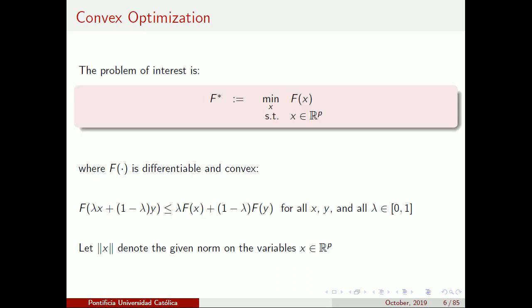All right. So what is our problem of interest? Our problem of interest at the moment is just to minimize some function f(x), okay, over all of x, and x is a p-dimensional vector. Okay. And I want you to start to get used to, since we're in the big data era, that p is a very large number. So the number of components p maybe is 1 million. Okay. So my function is differentiable and convex, and convex just means if I take a convex combination of these points here, f is less than or equal to the convex combination of the resulting objective function values.